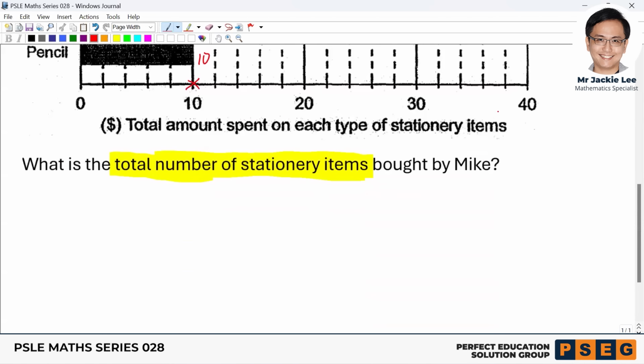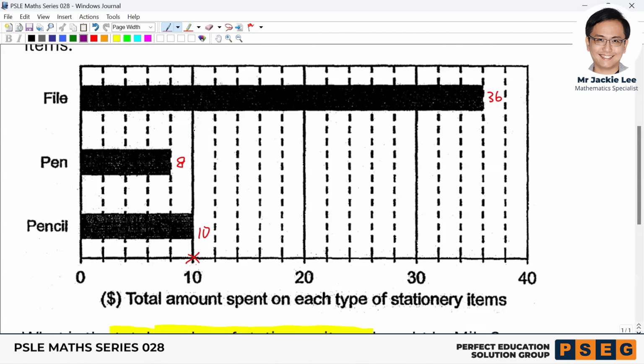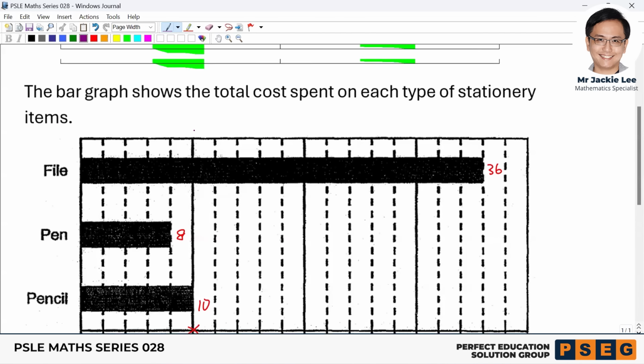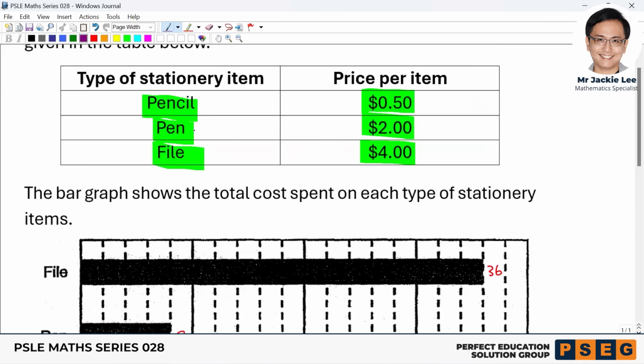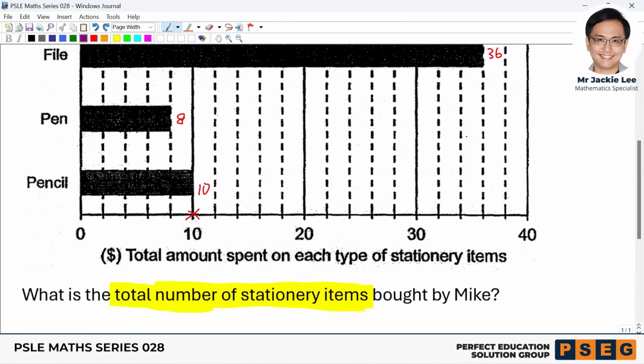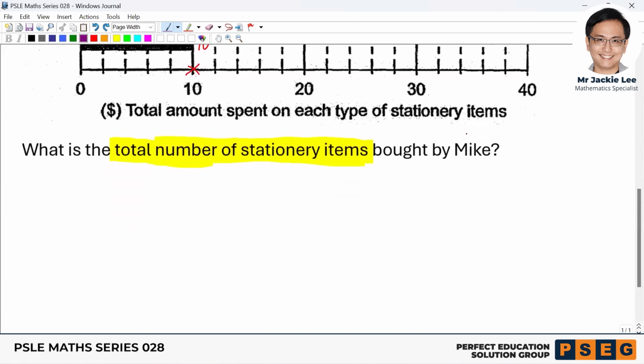So calculation wise, simply go to each one. So for the first one, the file, this one should be divided by $4. Read very carefully. Align properly. This one should be $4. Then pen should divide by $2. Then pencil should divide by 0.5. So we can just settle everything all together now. So we should have 36 divided by $4, then plus 8 divided by $2, and last one is 10 divided by